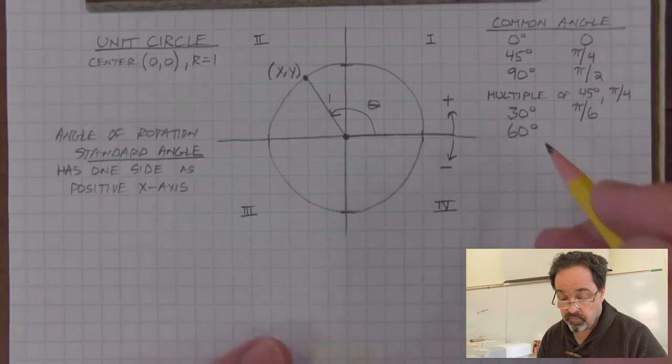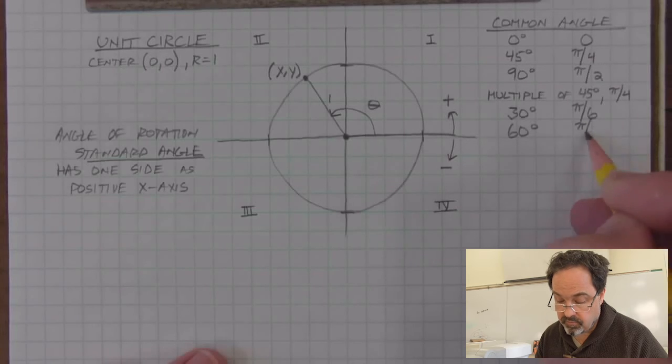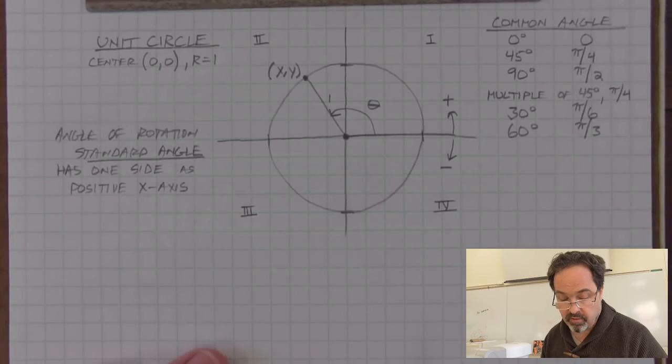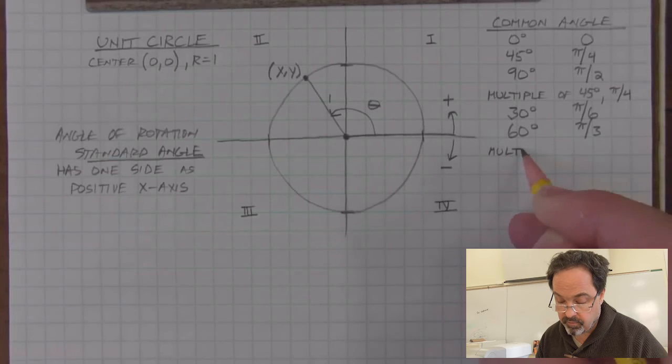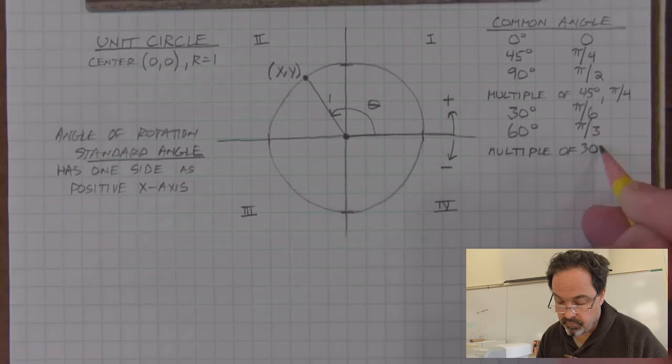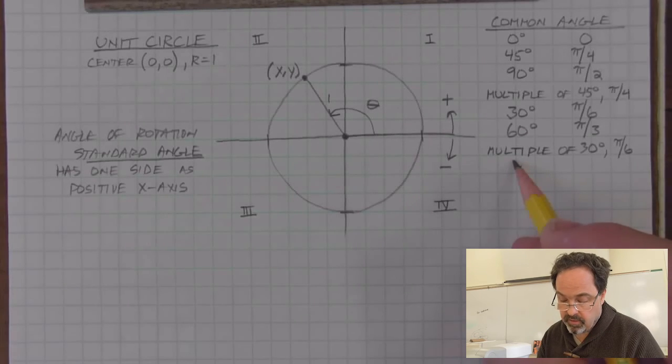60 degrees, which is a multiple of 30, is also a common angle. 60 degrees is pi over 3 as a radian equivalent. Any multiple of 30 degrees is a common angle. We'll list all the other common angles as multiples of 30 degrees, or pi over 6. The last couple of common angles are less common than the others, but we work with angle measures of